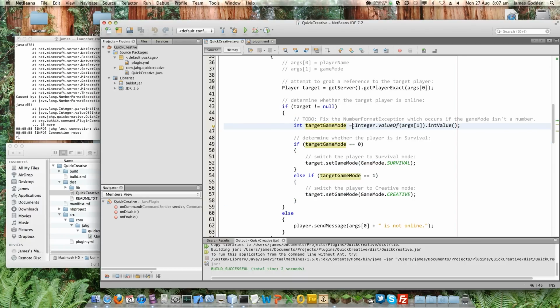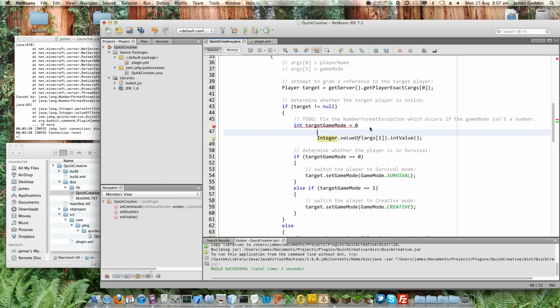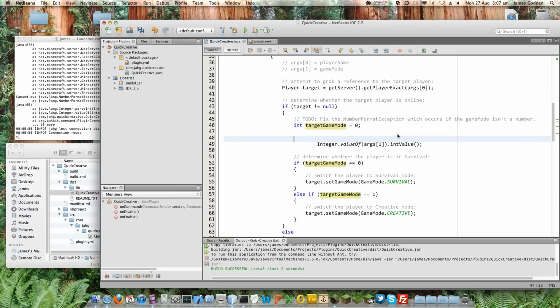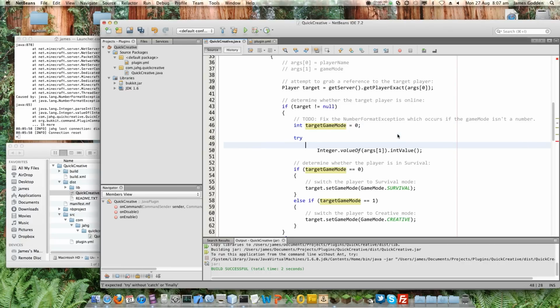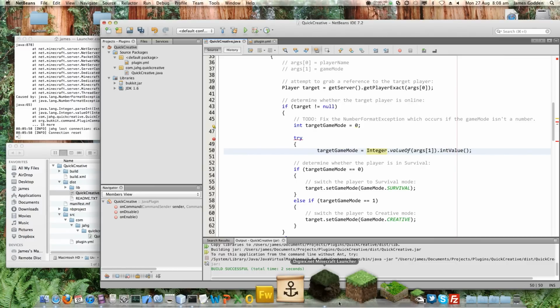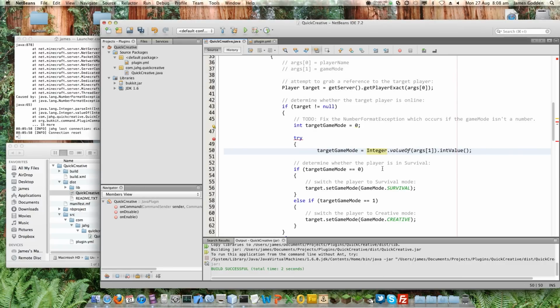Now, the easiest way would probably actually be to put 0 there by default. And then what we're going to do is, I'm going to fix these errors in a minute. What we want to do is try and run this line of code here, which is to grab that particular integer, that particular argument. Oh, let me close down this. That might make it run a little more sanely. So I want to grab this particular number.